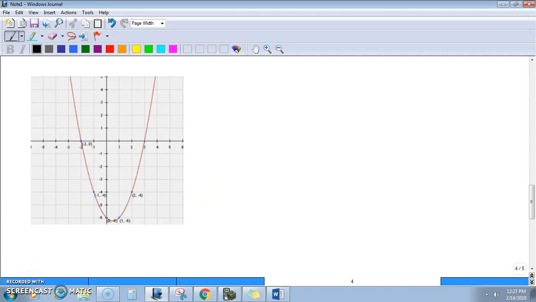All right, you guys, writing an equation from a graph, it's the same way we wrote it from the table. I can see both my x-intercepts here, so I'm going to use factored form. And I definitely have another point so I can figure out how fat it is. So if I have y equals a times x minus root 1 times x minus root 2, then I have